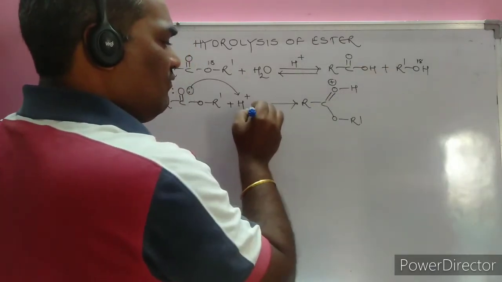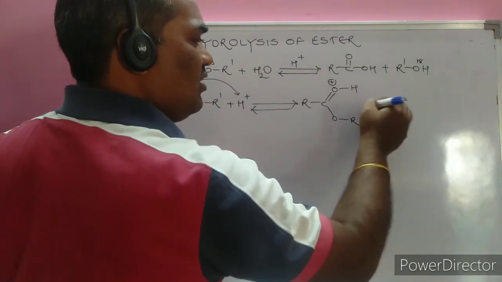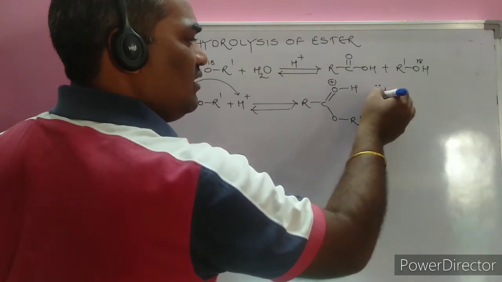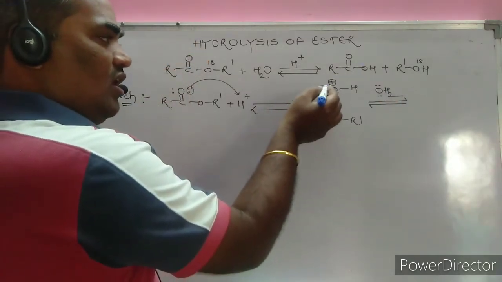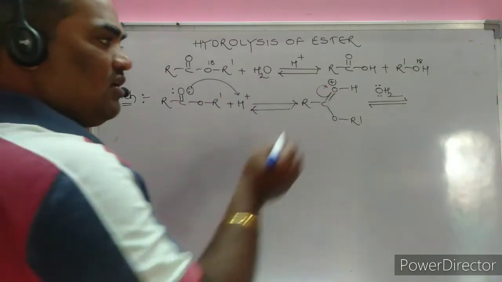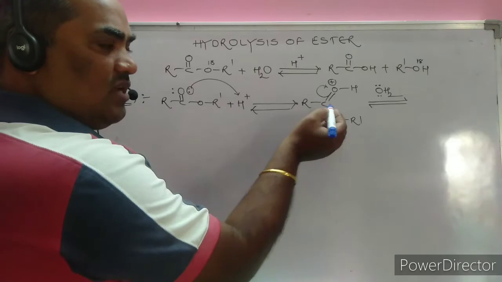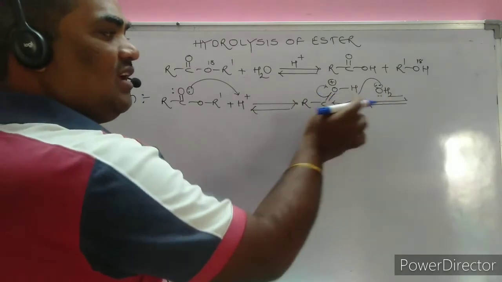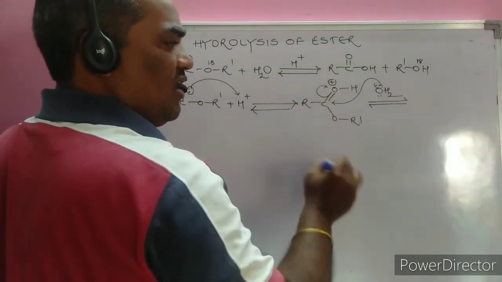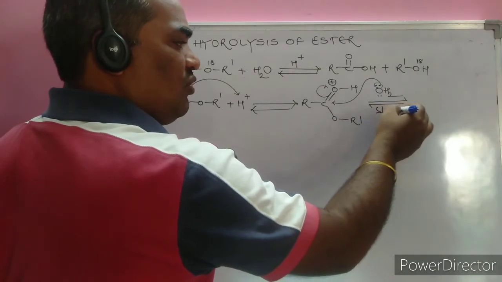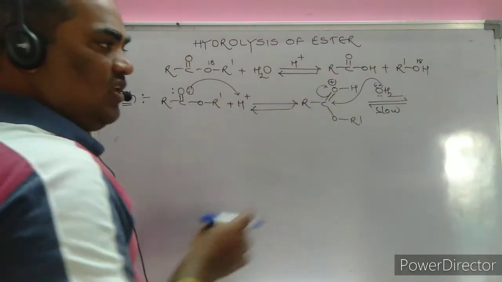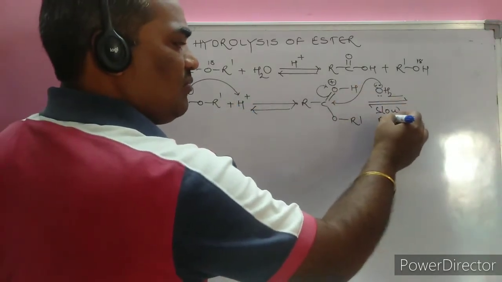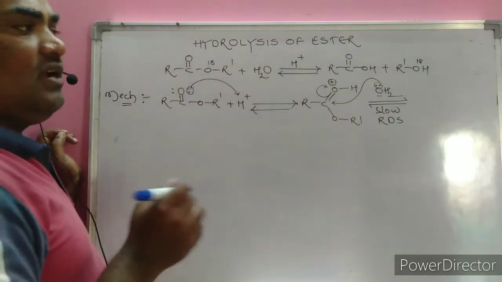Now here is the reversible step, the attacking of the water molecule, H2O, for the sake of convenience. Here oxygen being more electronegative tends to pull the electrons towards oxygen. Now the carbon acquires the positive charge, nothing but an electrophile. The water molecule acts as a nucleophile, which makes a bond, and that is called a nucleophilic addition reaction. This step is a slow step, we know well. As far as the kinetics of the reaction is concerned, the rate depends only on the slow step. Hence this step determines the rate, hence it is called the rate determining step.